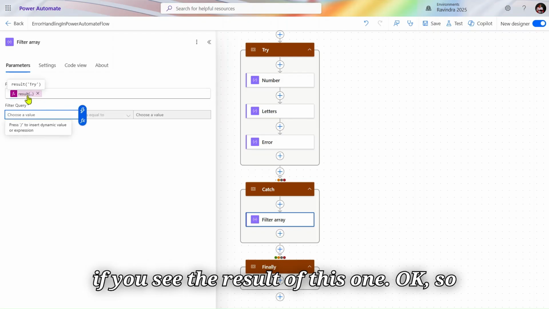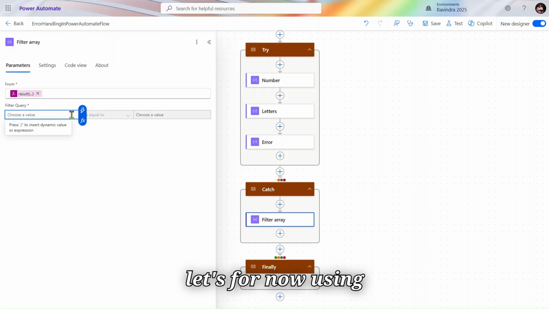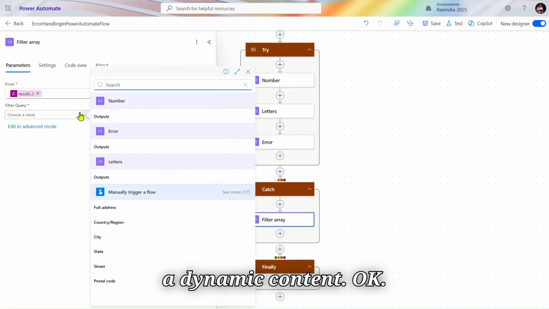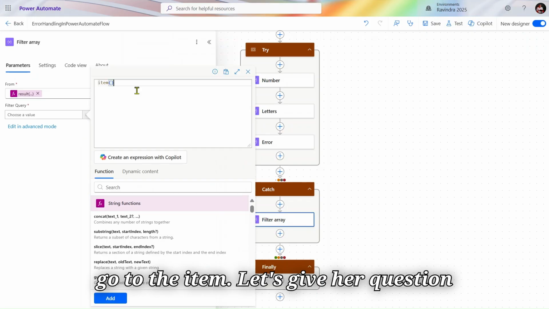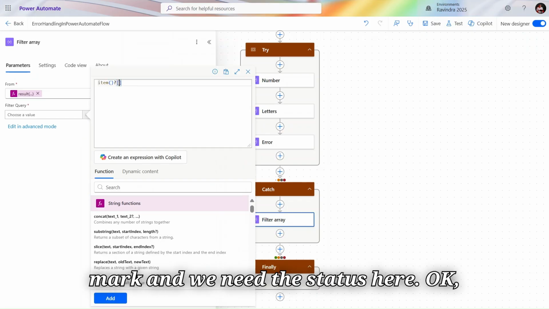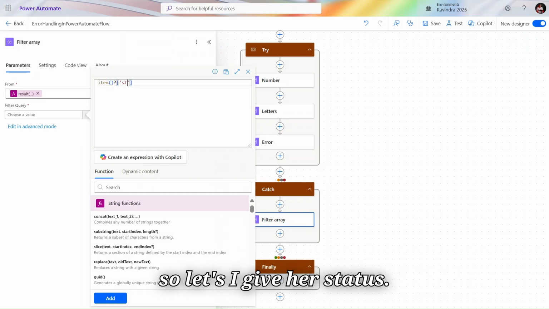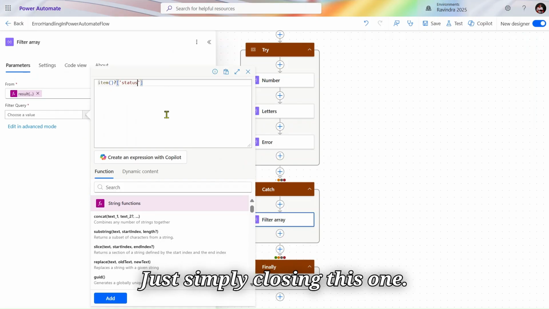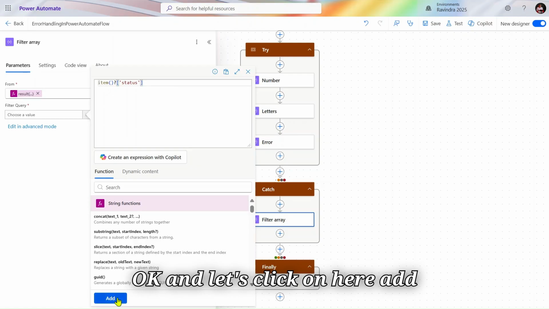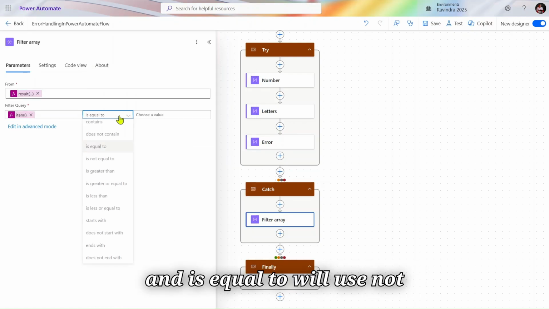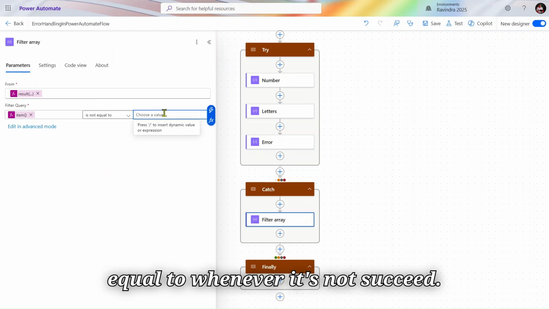And you see the result of this one, okay, so for now let's use dynamic content. So friends, let's click on this power effects, and from this result we go to the item, give here a question mark, and we need the status here, okay. So let's give status and simply close this one, okay. And let's click on add here, and instead of is equal to, we will give not equal to